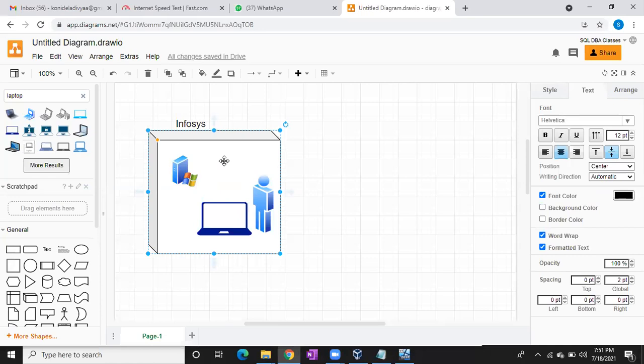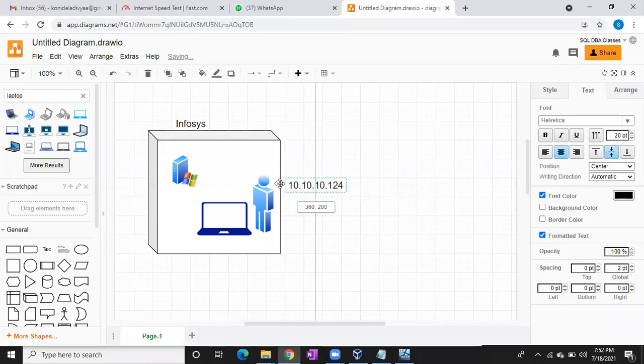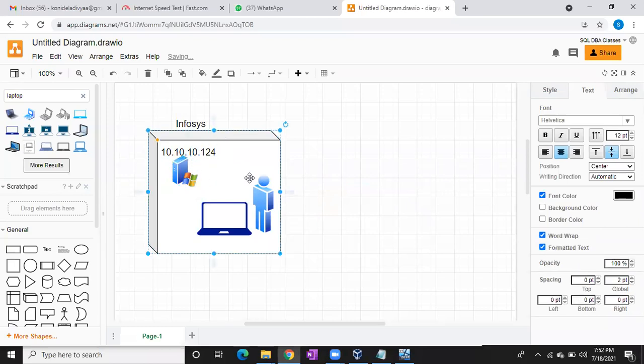Network means organization internet. Your device will be connected to the organization internet, right? Fine, there are no challenges you are going to face in case you want to connect to the server. Imagine my server IP address is 192. In our case, this is different. In the organization, it will be like 10.10.124. This is the server IP address. You can connect to the server either using IP address or using server name.